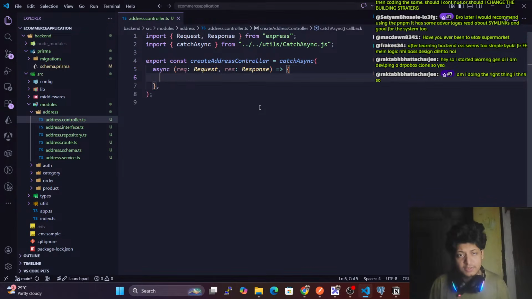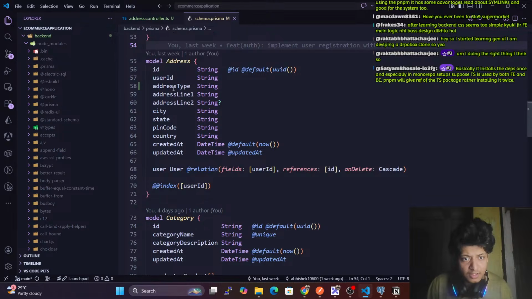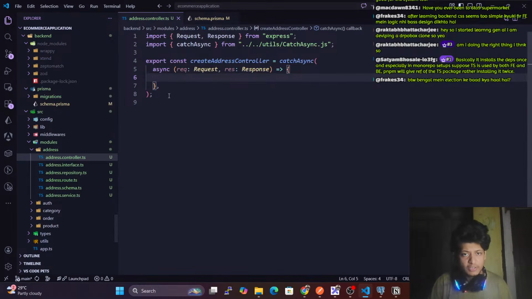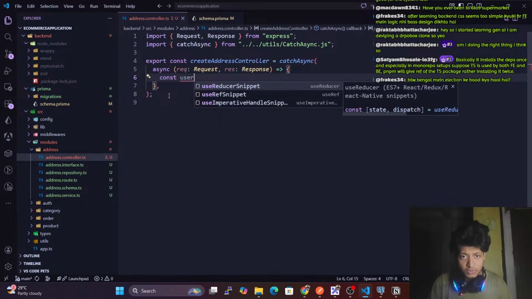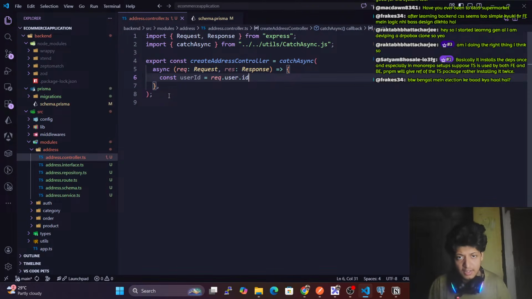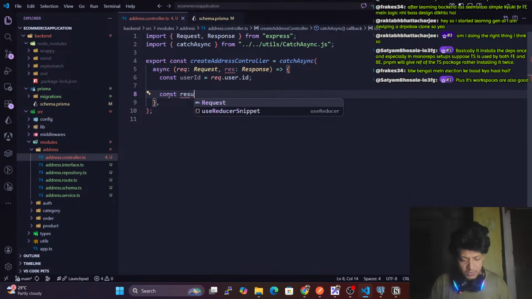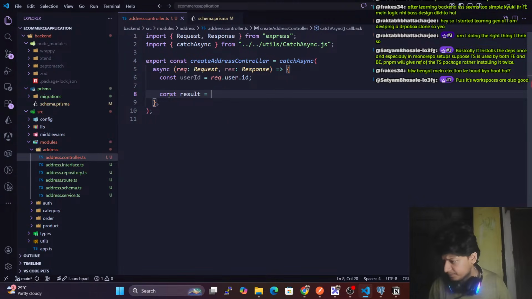Okay, we got this. Then here we'll have who will create the address. A user will create the address, user ID, right? So we'll get const userId equals request.user.id, and here we have const result equals